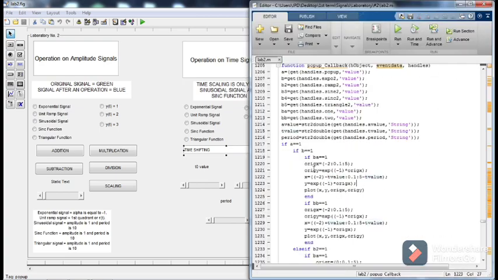So first it will plot the original exponential signal, and using this code it will shift